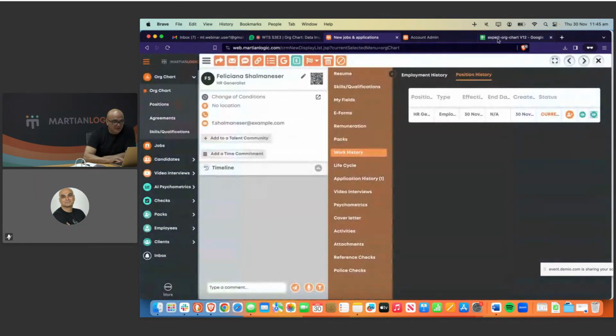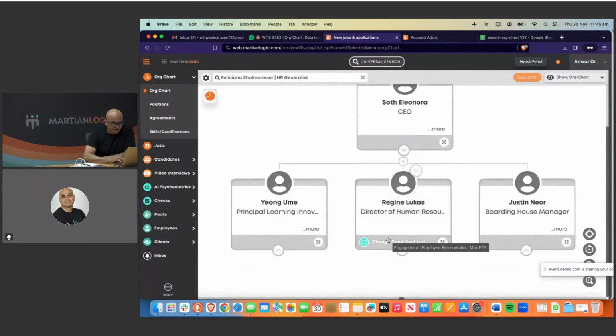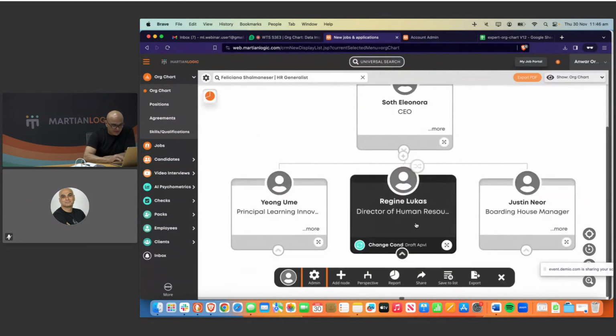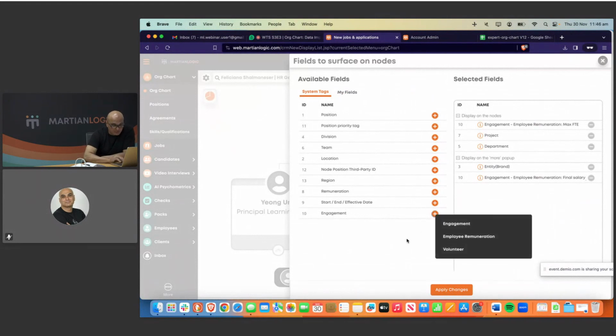Nevertheless, from the org chart, what you can do also, which is probably more to your question, is this. This is the record here. We can customize this in terms of what you want to surface on the node. So if I go to here and click on info surfacing, I can decide to bring some of that kind of information, the engagement information, the REM information. So I'll click on engagement, and I'll go into the